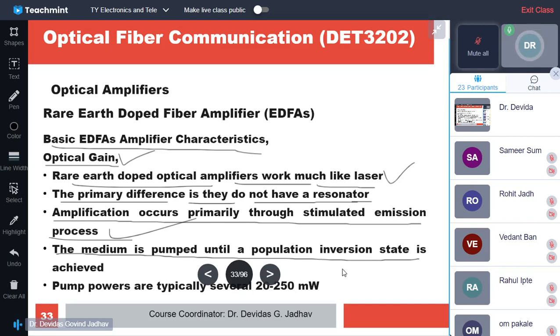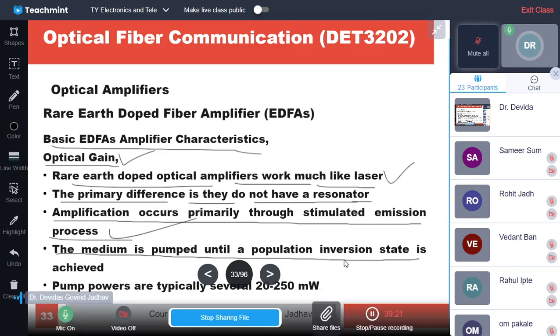Here optical pumping is very easy because it is a fiber; we cannot connect electrical pumping to it. It is not a semiconductor device. So in an SOA you can connect optical energy or electrical energy. SOA, semiconductor devices, can be biased with electrical energy and pumping can be achieved. But this is a fiber, you cannot connect a voltage to the fiber. So electrical pumping is not possible, and here optical pumping is used.